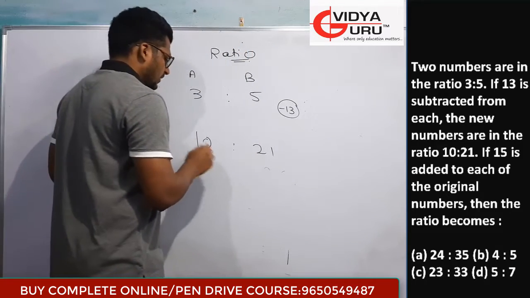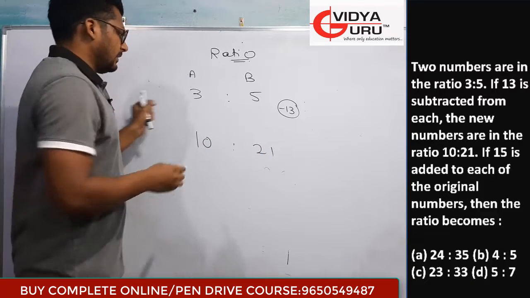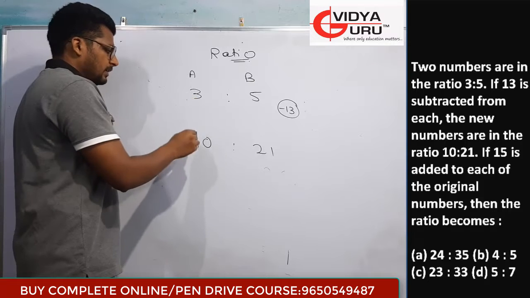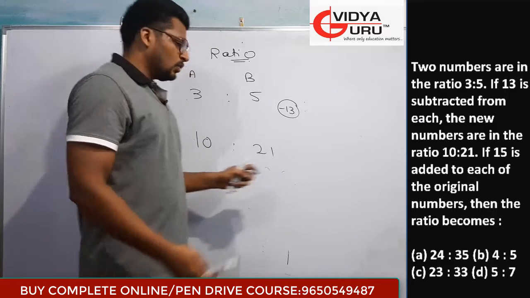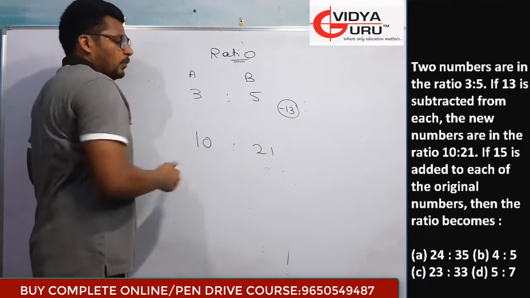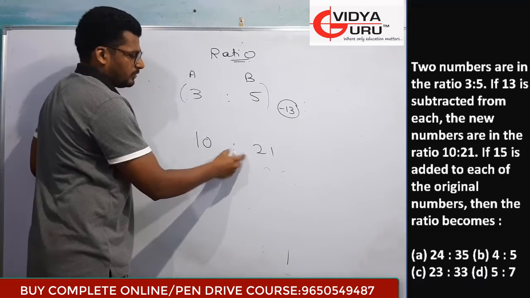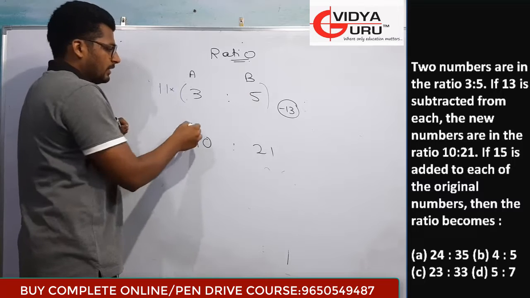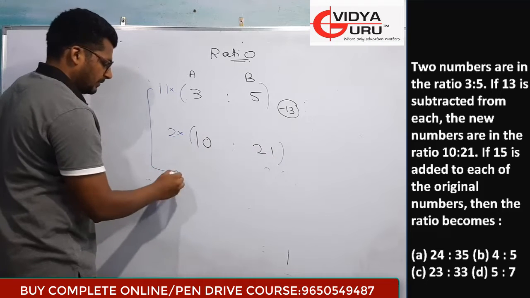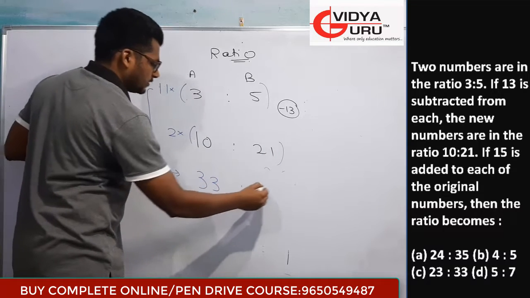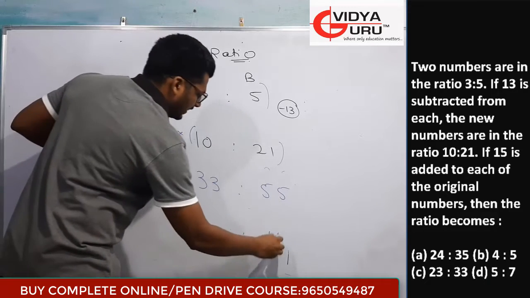First, we need to find out the numbers. As I know, 13 is subtracted here and 13 is subtracted here. Then this gap should be the same. But here, -7 is there, and here it is different, it is -16. To make this gap the same, we will multiply this ratio by the difference of this. That means it will be multiplied by 11, and this ratio will be multiplied by the difference of this. So it will become 33 ratio 55, and it will be 20 ratio 42.